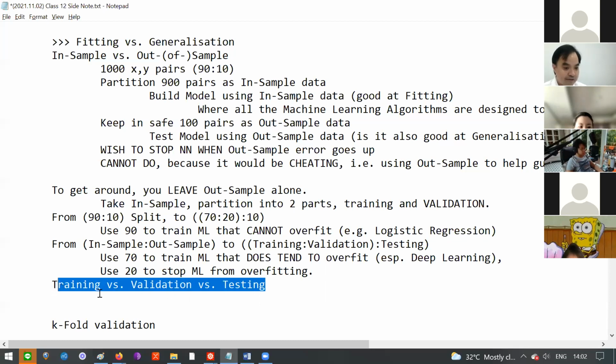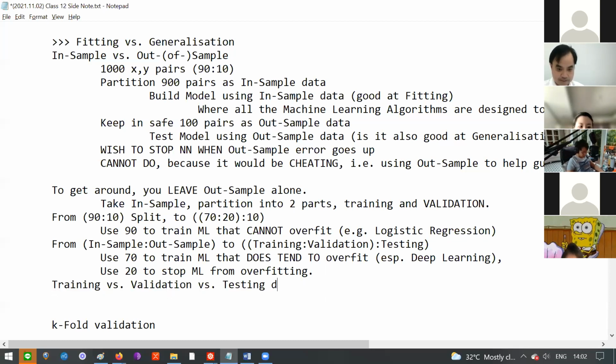Whereas with this, you have a set. So instead of having in sample set versus out of sample, you have training, validation and testing. So that's it. So in your project,